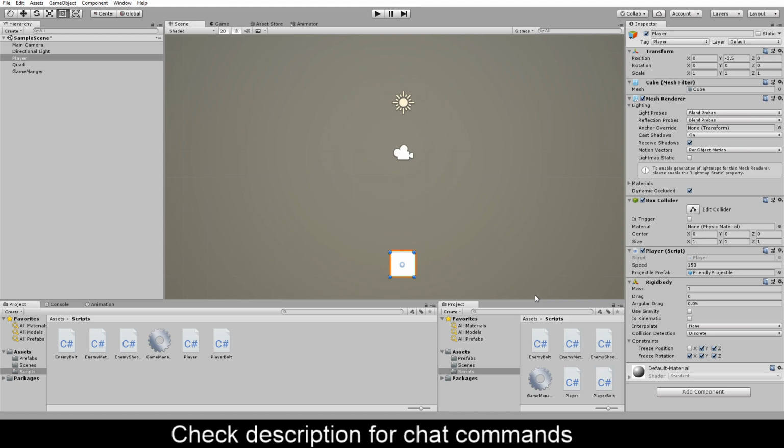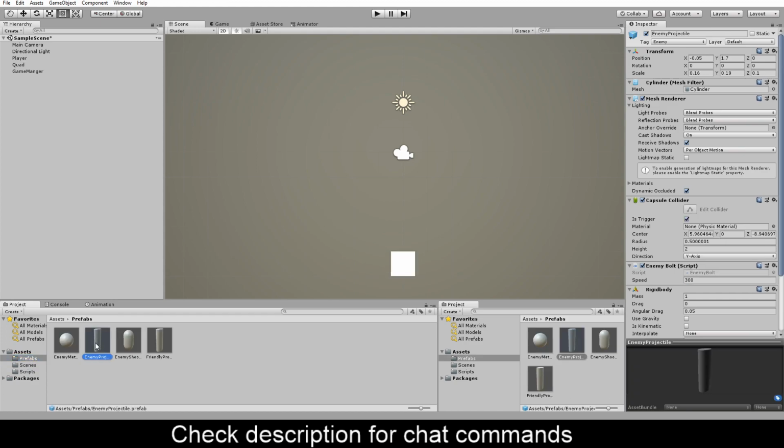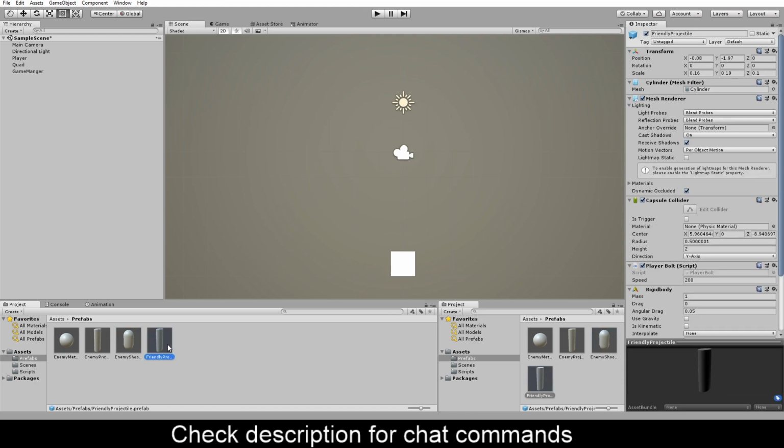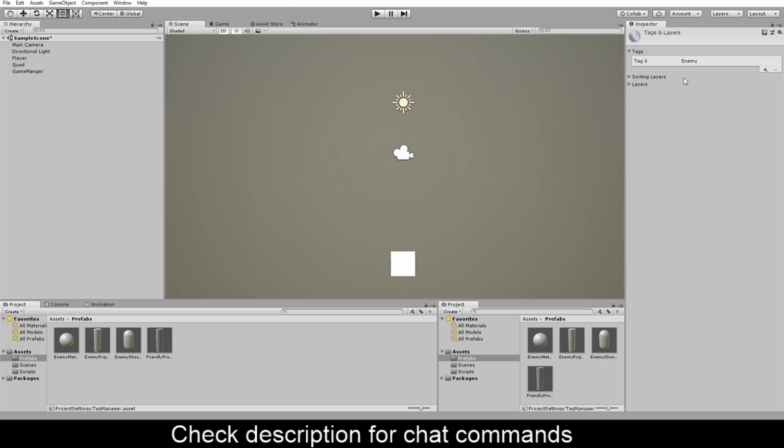Okay, so right now we can't really destroy things, and things can destroy us, and it would be good to have the enemies have proper tags. Oh, they have tags already, good. But then we would like to have a friendly projectile tag, like a bolt. Or actually we don't really need to, because we can just check on the bolt if we did hit an enemy, so it's okay. So let's go to the scripts and open up the player bolt,